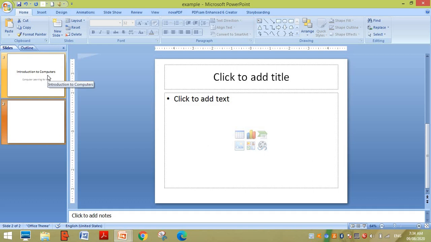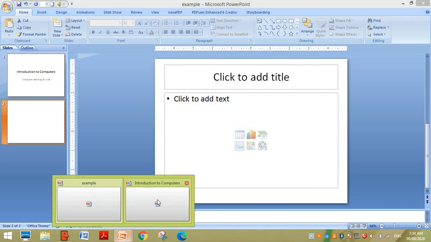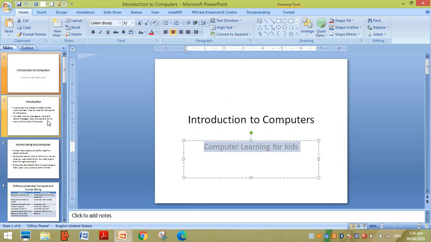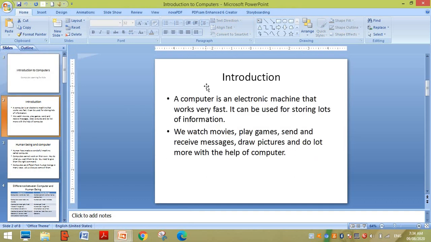Now, as we need to create a presentation on the introduction of a computer, so basically we will add the introduction from here. From here I will take the title of introduction and the details.